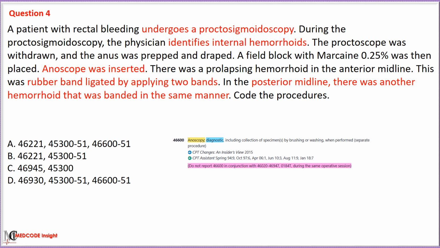In this case, the patient underwent a proctosigmoidoscopy which identified internal hemorrhoids. After removing the proctosigmoidoscope, an endoscope was also inserted, and after that, the internal hemorrhoids were treated with rubber band ligation. We first eliminate options A and D based on the parenthetical note given below code 46600, which states do not report